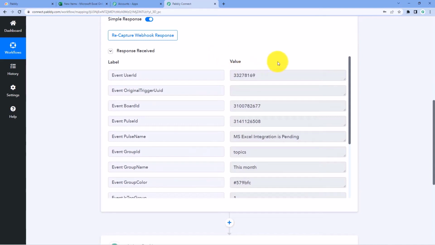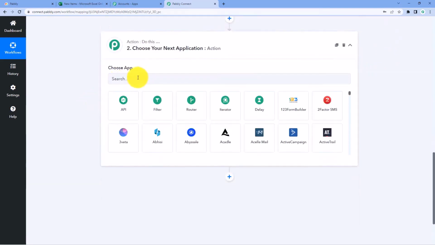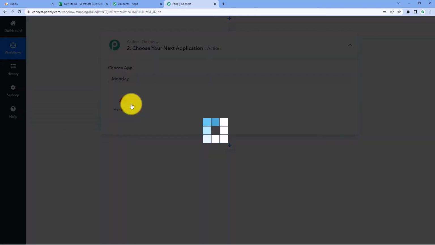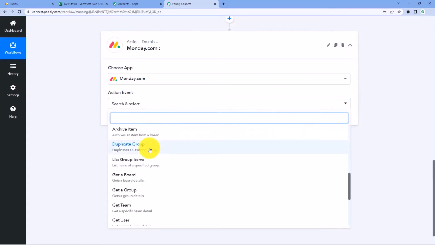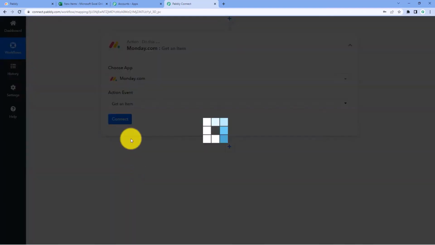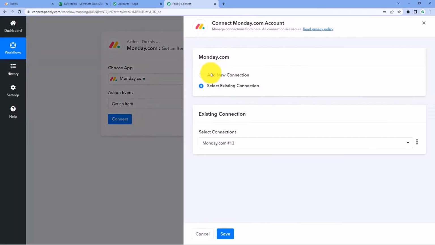Now to extract the details, we will scroll down and come to our action window. Here in Choose App, we will once again search for monday.com. We will be using the monday.com action step, Get Item. So let me scroll down, get an item. This is the action step. Just select it in the action window, and after that click on Connect and select Add New